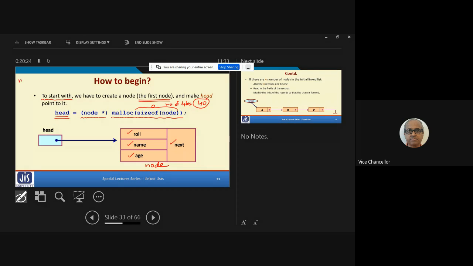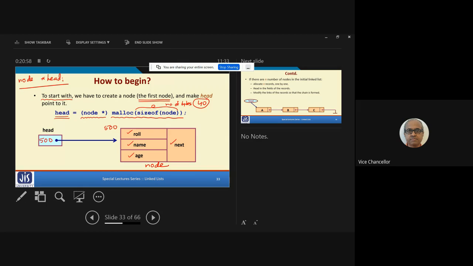You recall you had already declared head like this, node star head. So if you do head equal to this, now this head variable will be storing the address of this first node. Let's say the address is 500. Then in this variable, 500 will be stored. So starting from head, I can directly go to the first node. Okay, is this clear? Yes, sir.